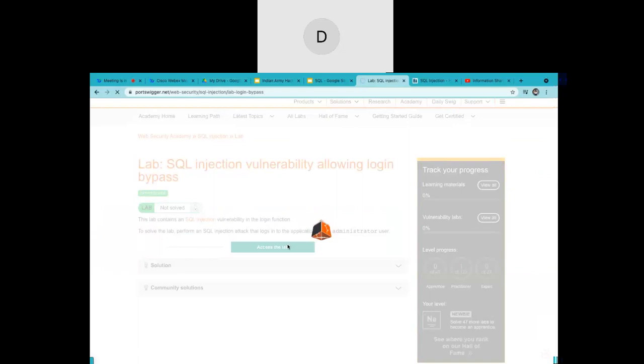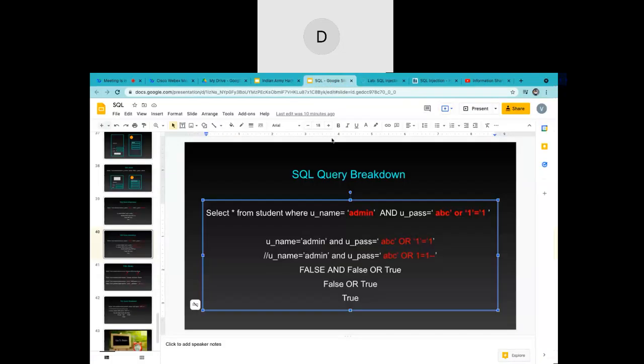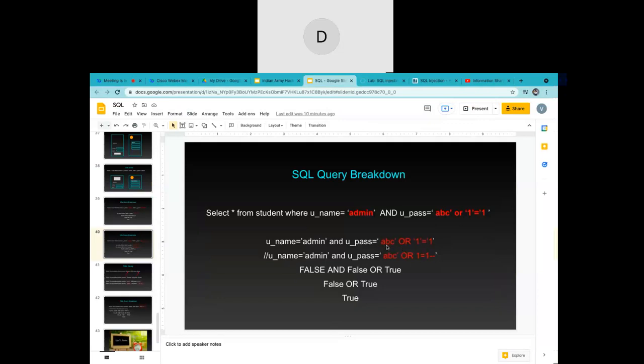It's taking long to load, maybe because my internet is slow. So what I want you guys to do is try out some payloads. You can use these two payloads, and there are thousands of payloads which you can find online. So you can just take them up. Do not just hit them blindly. Try to see the logs console to find out what type of error the application is giving you, and then you can try a particular payload.